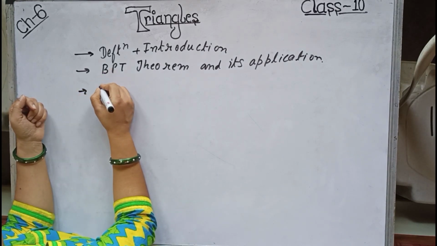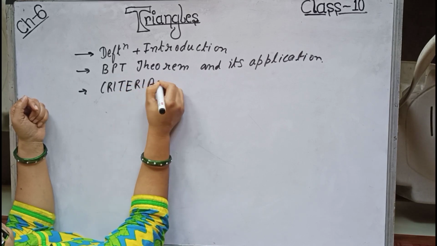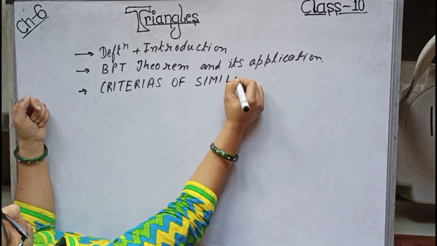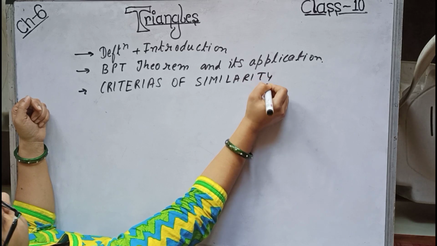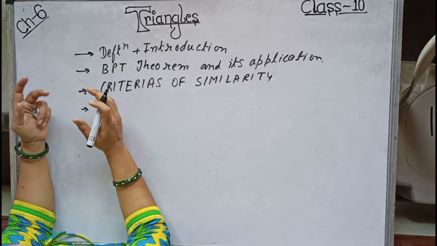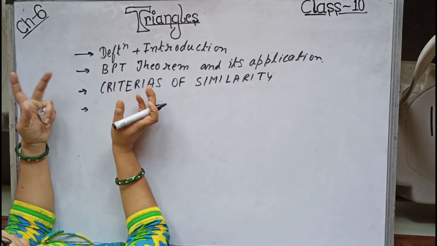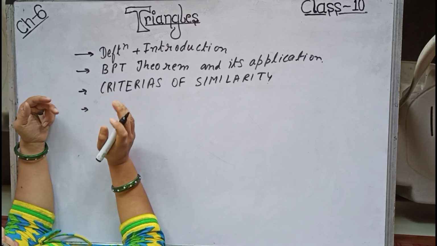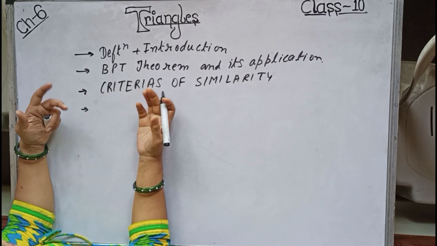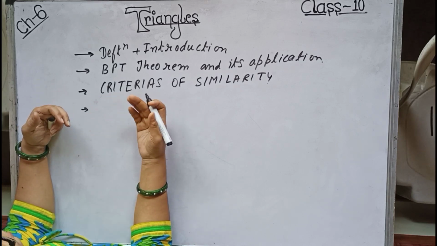Then this criteria of similarity. Then the area concept, that is the ratio of the area is equal to the square of the corresponding sides, is deleted, but that is the third topic in this. We will be doing few sums based on that topic. Obviously theorem will not come, but a few sums if we do, we will be confident when we face the examination that if suppose any sum comes up based on that topic, we may be able to do that.